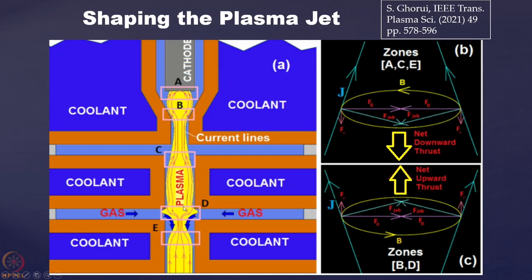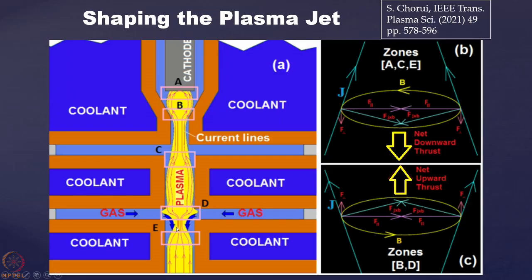Now, this kind of configuration can be obtained by pushing gas from the sides so that you are cooling this zone. Once you cool, what happens? There is no plasma, because once it is cooled down, then it is just neutral atoms, so they cannot carry current. That is why it is shrinking, because you are pushing the gas from the surrounding region. That is cooling the plasma there, and then they are constricting the current density vectors over there. So that is why this particular kind of configuration is coming.